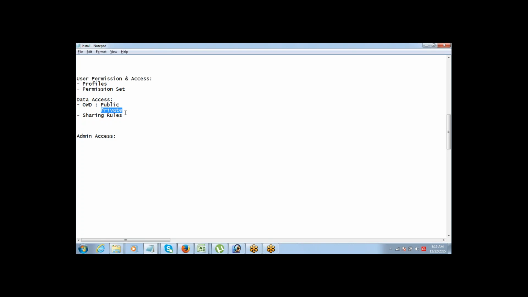So if you make data of a certain object private and someone has admin access, this person will not get affected. If the data has been made public, it's absolutely fine, since everyone else is able to see it, so you don't need any special permissions. But admin access will allow you to see the data even if the object has been made private. So let's have a quick look into this.